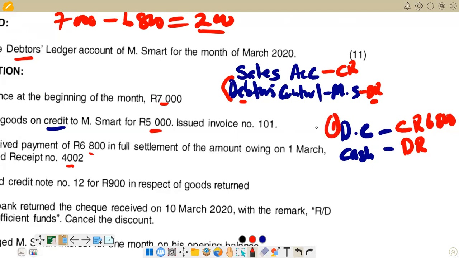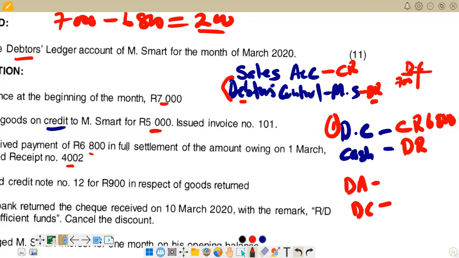So this is the first double entry that we have concerning this transaction. Because there's a discount that is there, and we are saying it's discount allowed, we also have another double entry. We open a discount allowed account, and this discount also we are going to enter in the debtors control. Remember, in the debtors control, we can just put it in this way. In the data, let's say this is the debtors control. We have got an amount of 7,000 that was on the debit side,